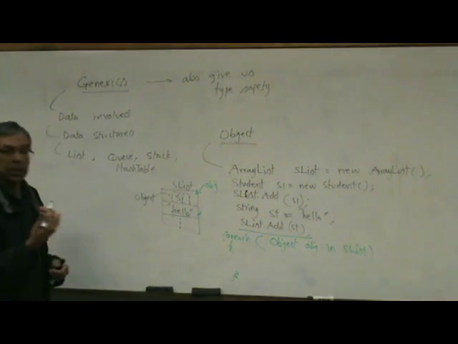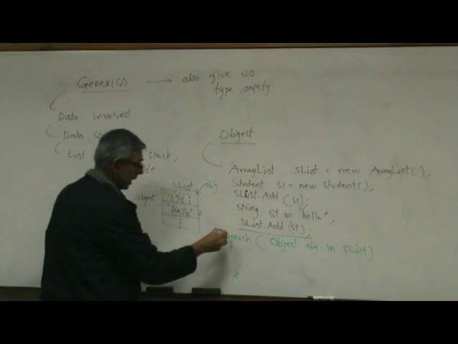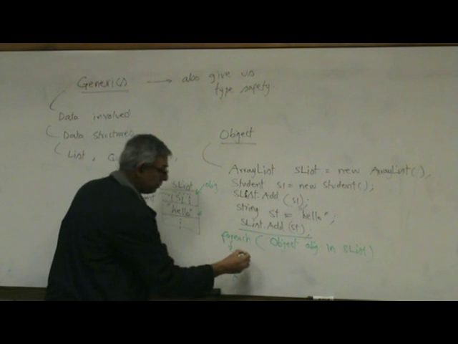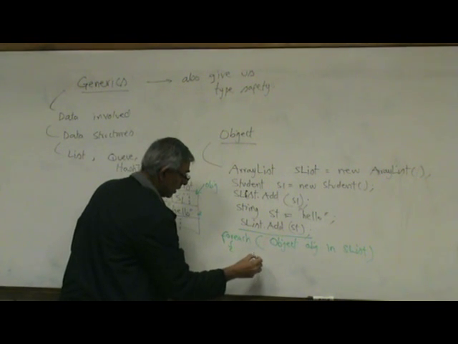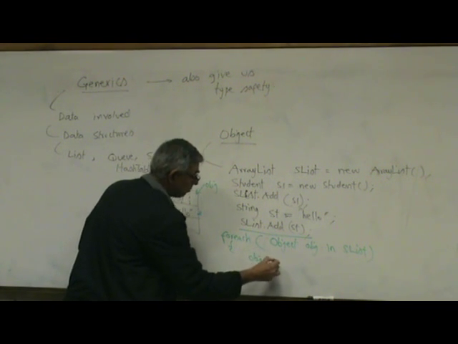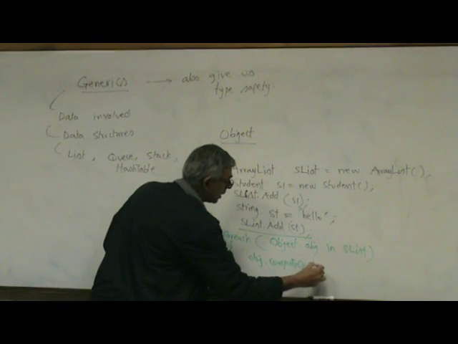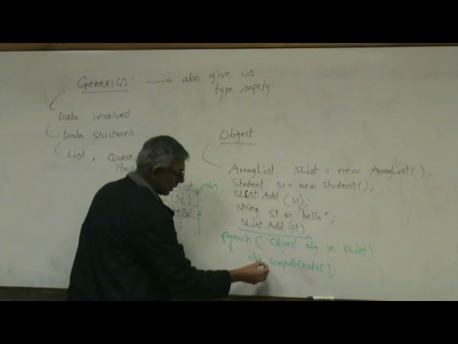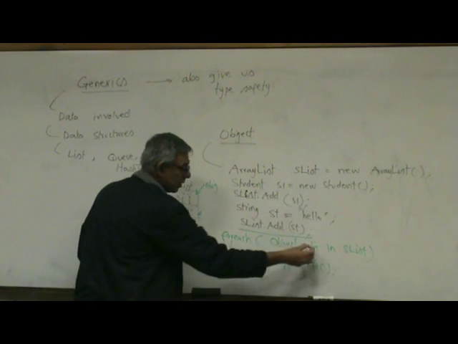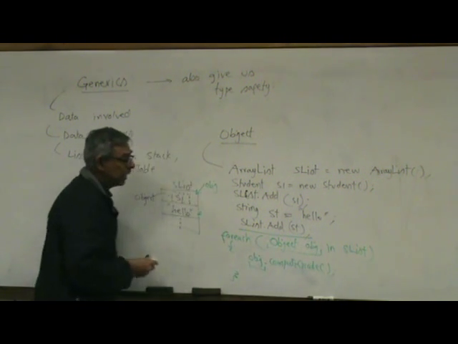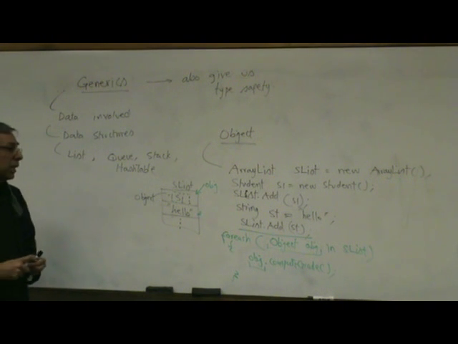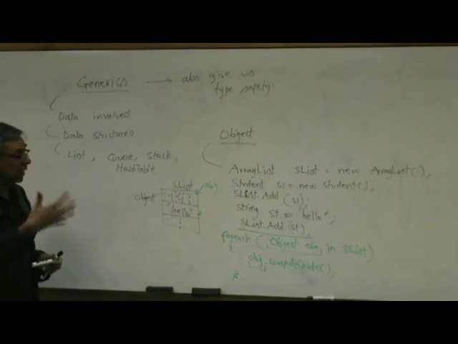Because object is the base class for all classes, sure it can, right? Can we now do obj.computeGrade? Will it work? No. The reason it won't work is this code won't even compile, because what type is obj? Object. An object class does not have a compute grade method,